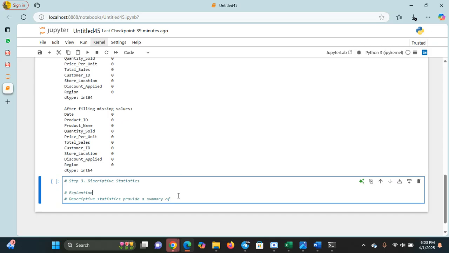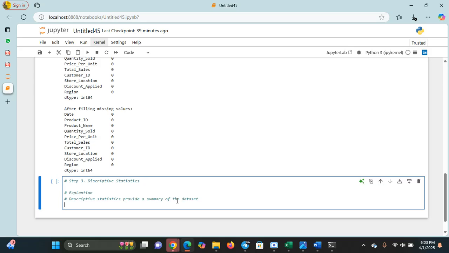Are we there? So it provides the summary of the data set that we have. So let's say, of the data set. Of the data set. So now for the next one, also we are going to